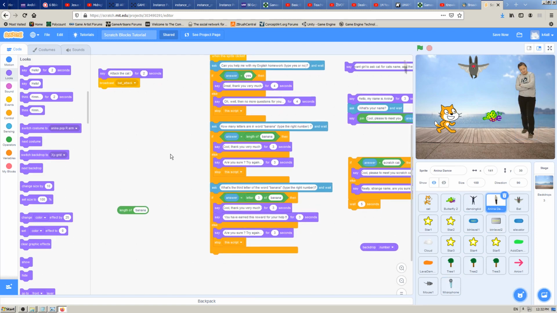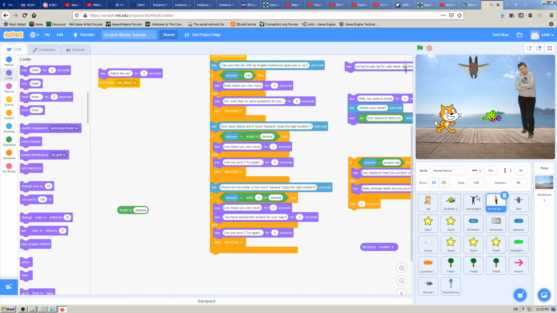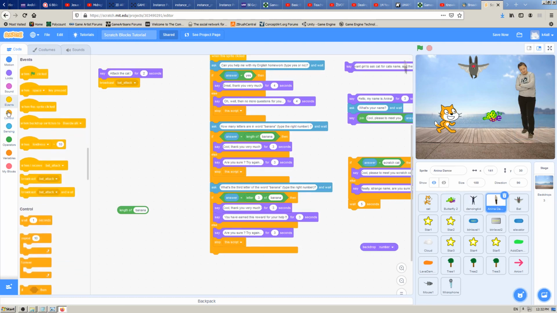So that's again one good example of how to... Why is this butterfly still on? Is that normal behavior? I forgot. Anyway, this microphone quest